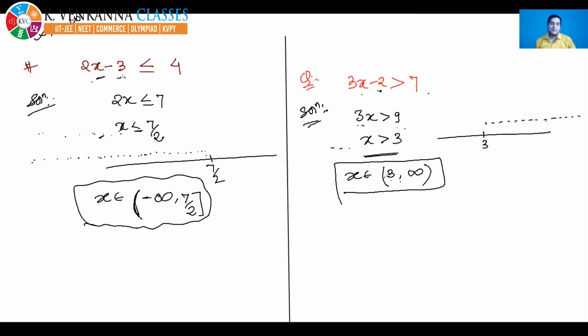Many students have given me the correct answer, that's very good. Another thing is that some students were writing the answer as infinity to 3. No, this is not the correct way to write. I told you in the previous class that the smaller number is written on the left side and the greater number is written on the right side. Infinity is greater, so you will write 3 to infinity, not infinity to 3. So please be careful while writing the answer also. I think it's clear. Should I move to the next page?